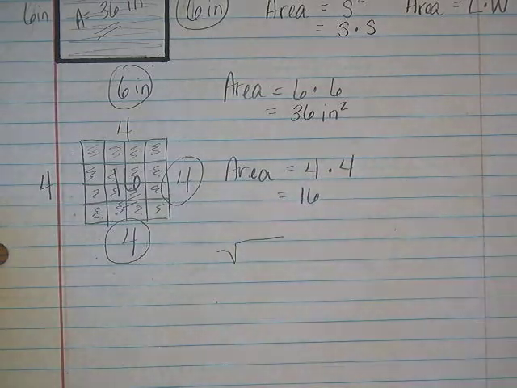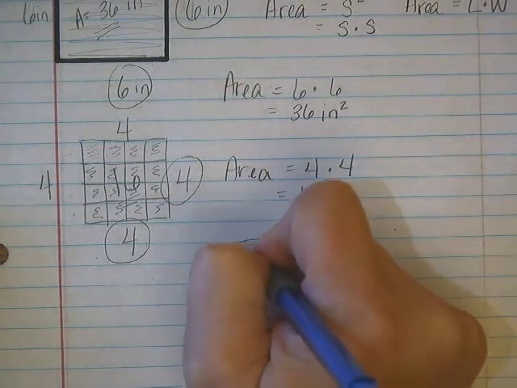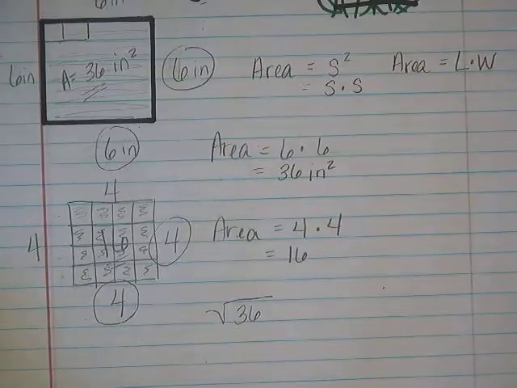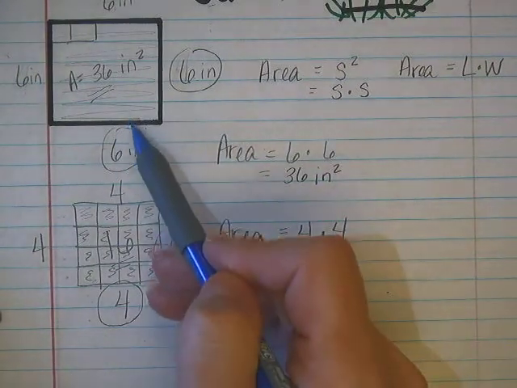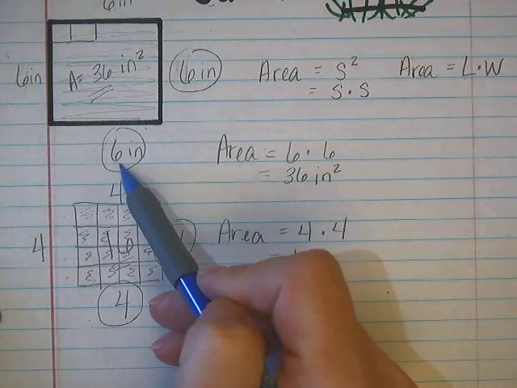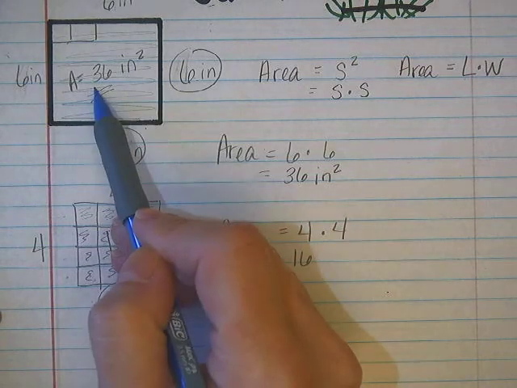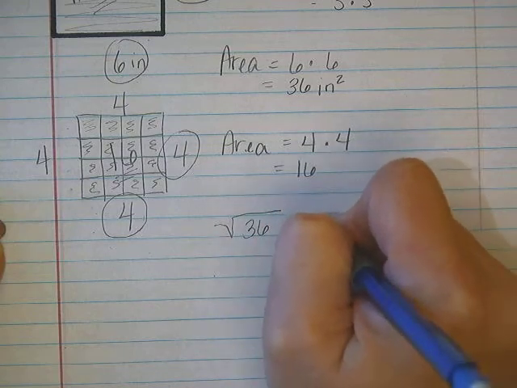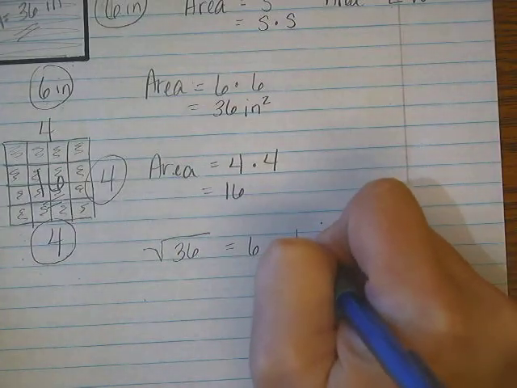We're trying to see the square root of 36. That means we want to know what's the root that'll make a square of 36. Well, we know that. We've already done it. The root that will make a square of 36 is 6 because 6 times itself gives us 36. So the square root of 36 is 6